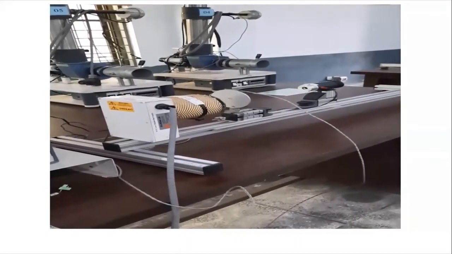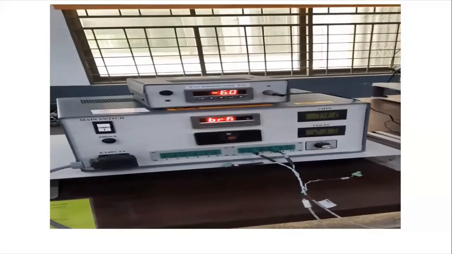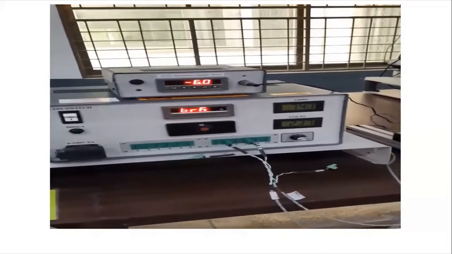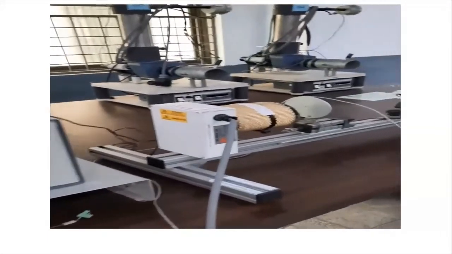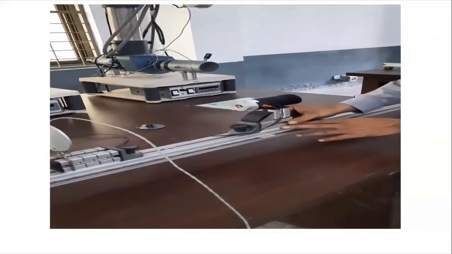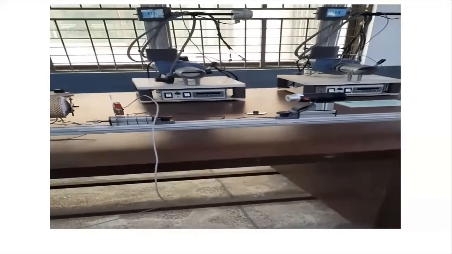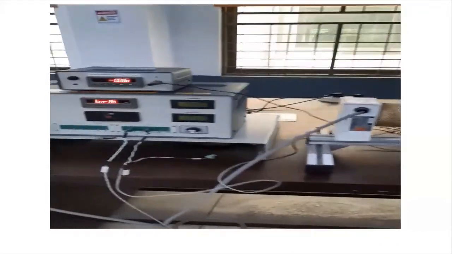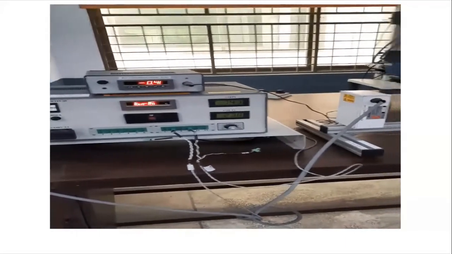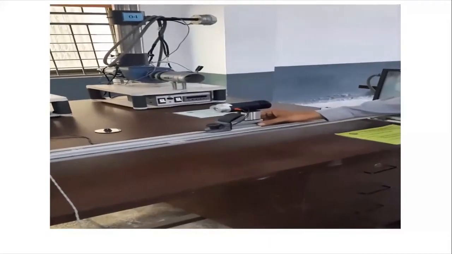Then after the first reading, he will vary the distance of this radiometer from the heater, and then we will take the second reading. As per the experiment instructions, for different values of these distances we will measure the value of radiation intensity from the digital meter. So he is just varying the distance. We will take the reading at 200 millimeter, then 300 millimeter, then 400, 500, 600, and so on, up to 900 millimeter we will take all the readings.